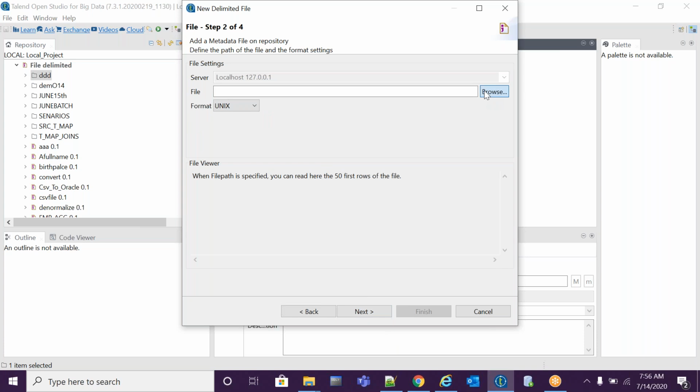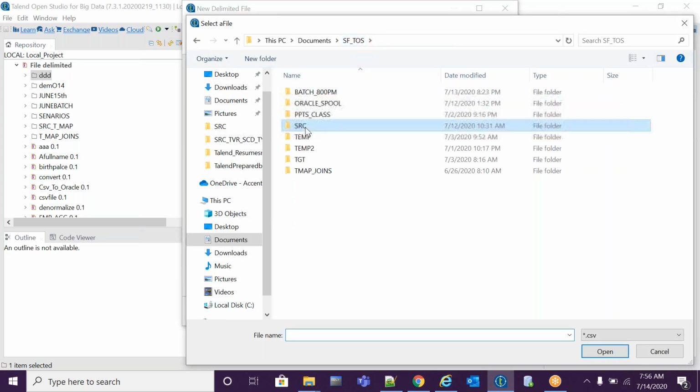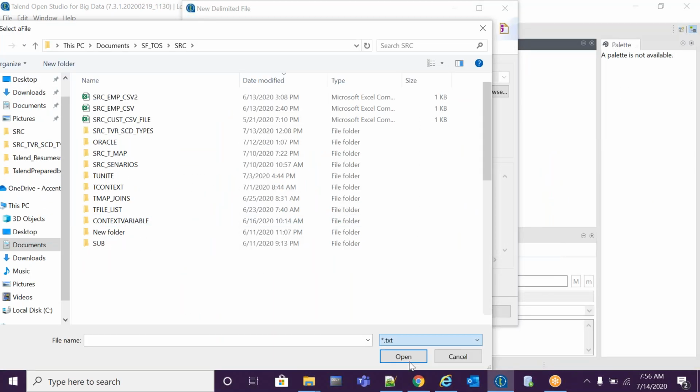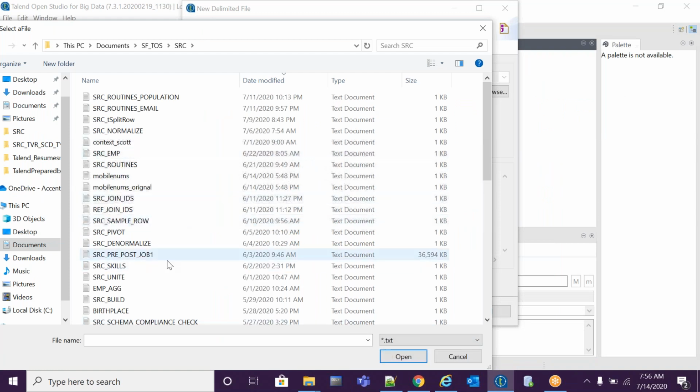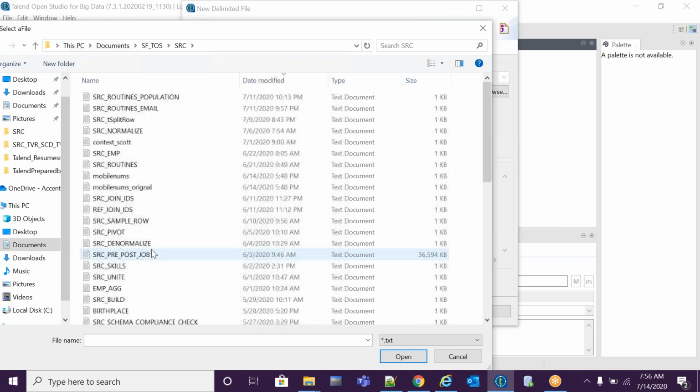Browse the file which I want to read the data from. So I'm going to the source path. This is a txt file, so I will select txt here. It will display all the txt files: src normalize. This is the denormalize, this is the normalize.